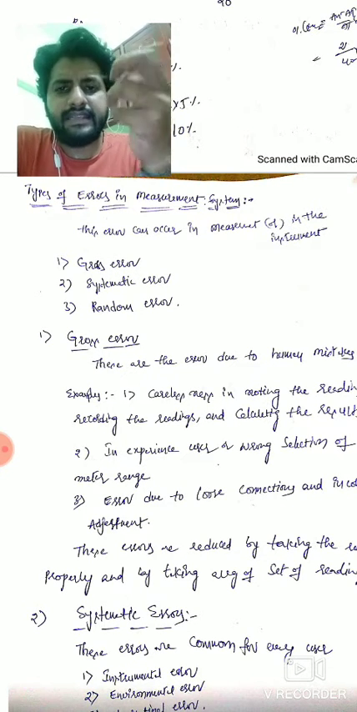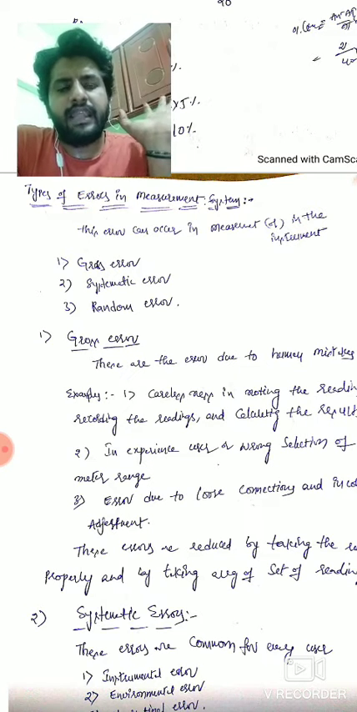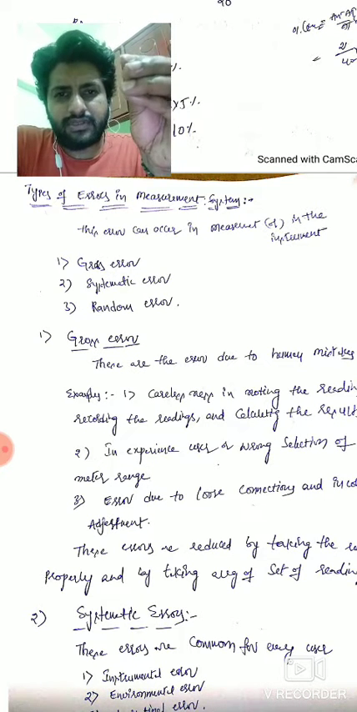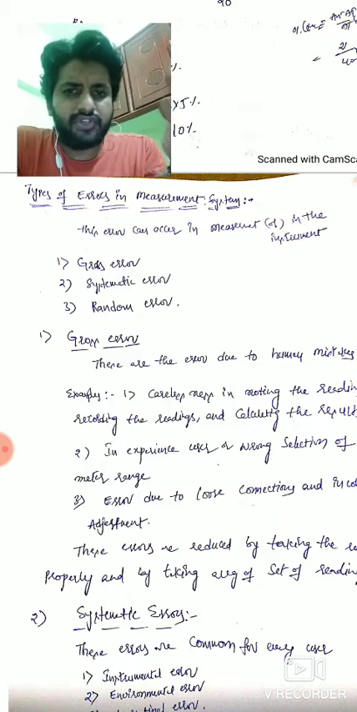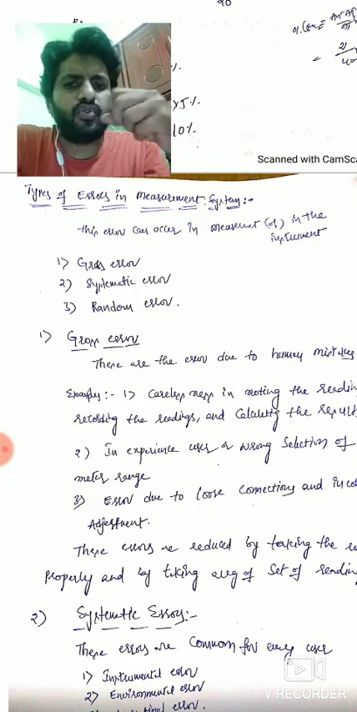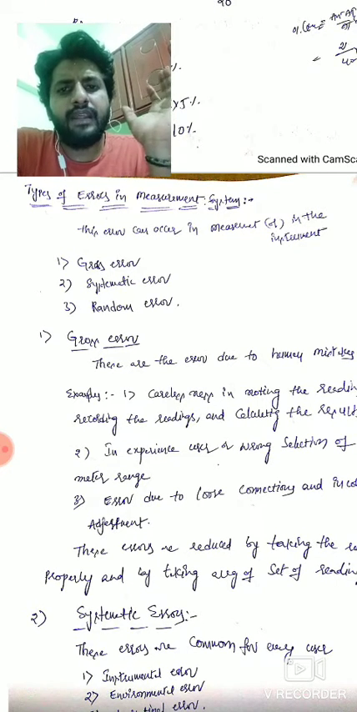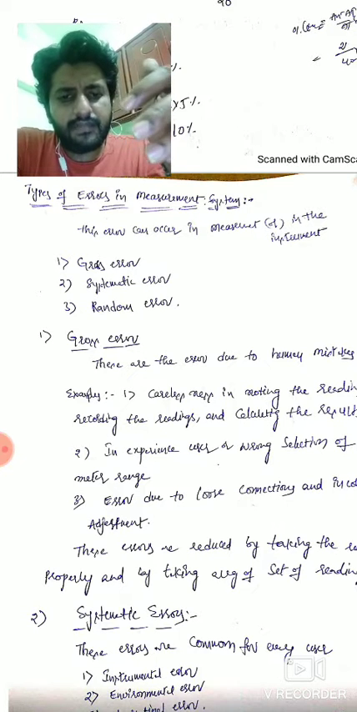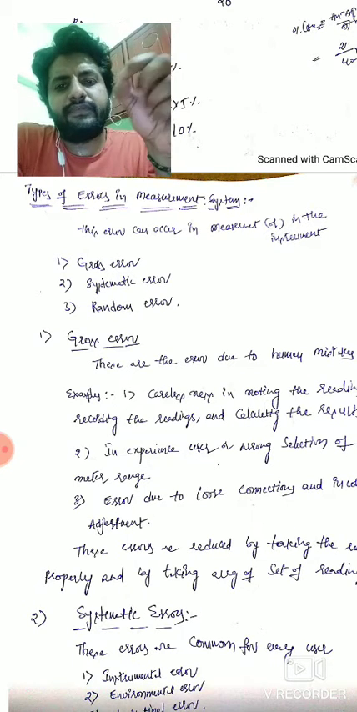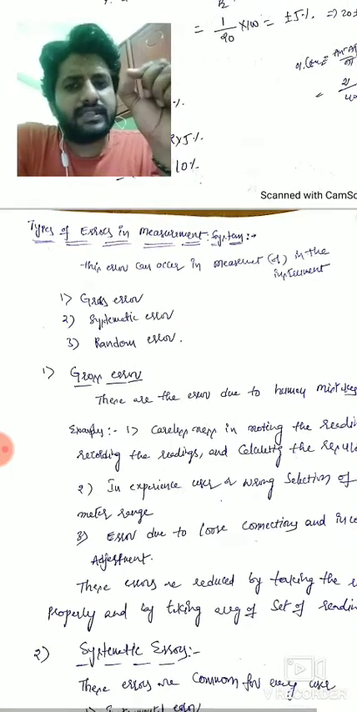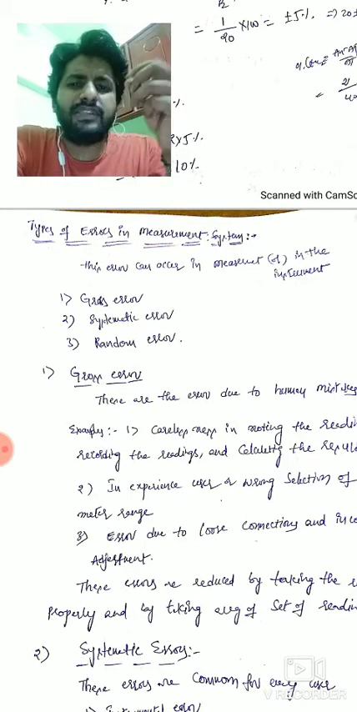Carelessness while taking the readings definitely produces an error. After that, an inexperienced user. That user doesn't know what type of instrument to take for the measurement of an unknown quantity. It also leads to some error. And after that, error due to loose connection. If the instrument has some loose connection and you take the reading from it, definitely the instrument